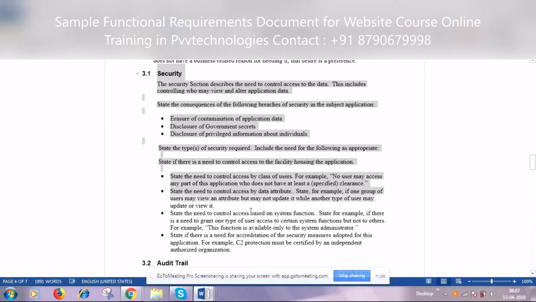Then the security aspect. When we say security, it is about the system security. Not all the users can straight away go for a transaction. Only the users with valid credentials can go for the transaction. So during the sign-up process, what are the validations that you are going to have? Then if the account holders are having certain issues, how are you going to retrieve their account? All these aspects you can explain here.